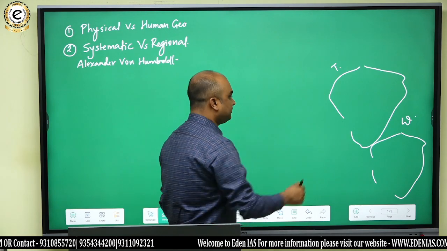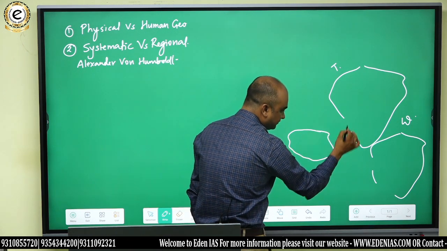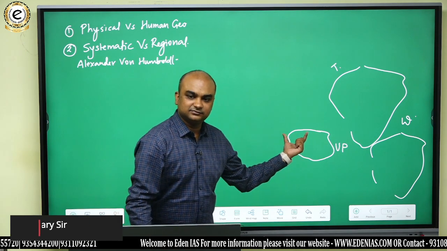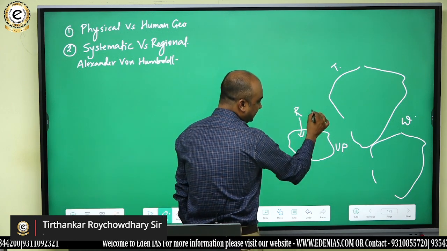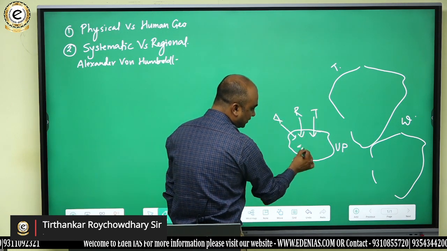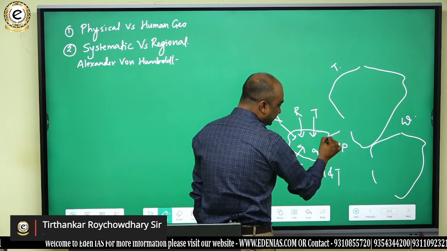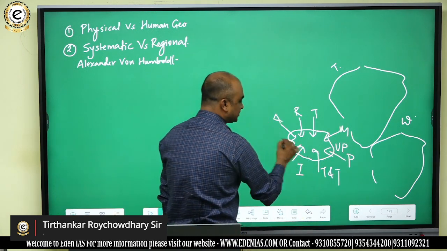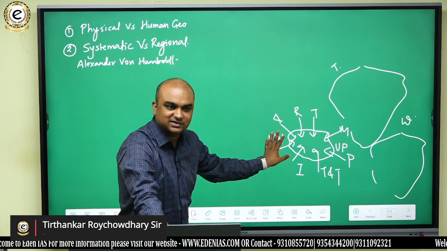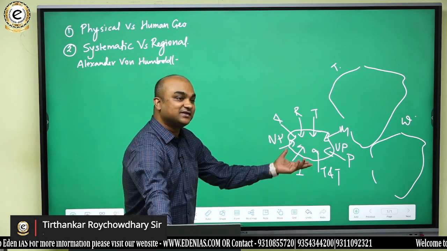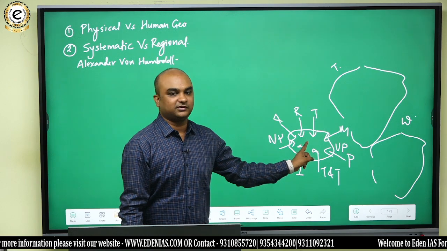But think of this. Suppose I take the map of, say, Uttar Pradesh. It is the region. Do you understand that? Now I'm talking about this. The rainfall in Uttar Pradesh, temperature in Uttar Pradesh, agriculture in Uttar Pradesh, industry in Uttar Pradesh, trade and transport in Uttar Pradesh, the mountains in Uttar Pradesh, the plateaus in Uttar Pradesh, the national parks in Uttar Pradesh. It means every geographic variable. Can we have a map on national parks as well? Remember, what is the subject matter of geography? Everything that could be represented over a map. So this is what geography? Regional geography. Do you understand that?